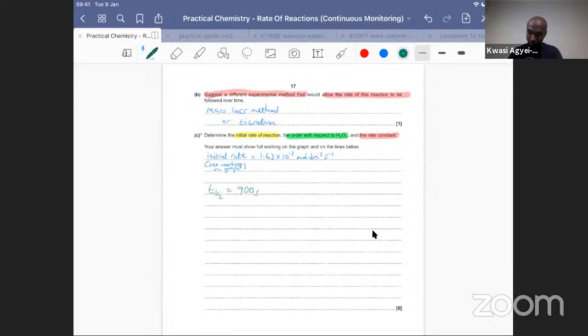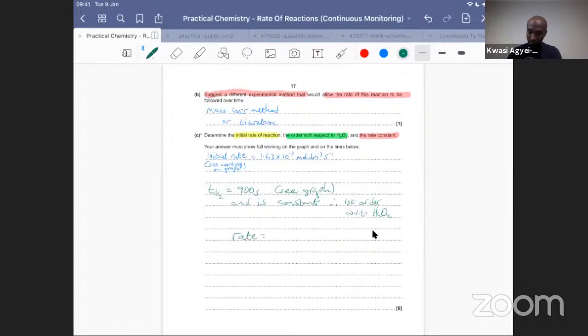Again, C graph. And this is constant. Therefore, first order with respect to hydrogen peroxide, or for this reaction, hydrogen peroxide is the only reactant. Okay, so that's the second part taken care of. And then we're asked to calculate the rate constant. So to calculate the rate constant, we need to write down the rate equation. So the rate equation is equal to